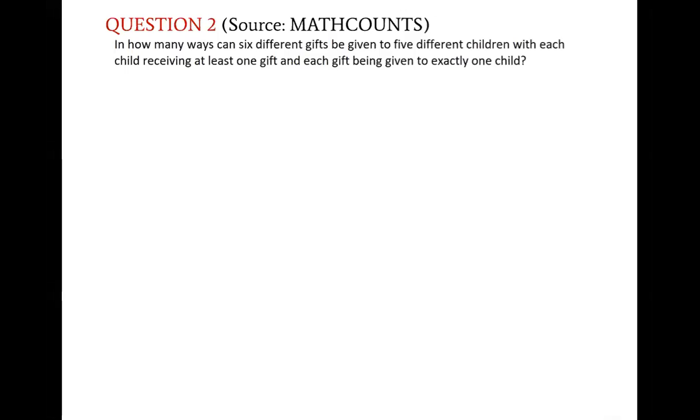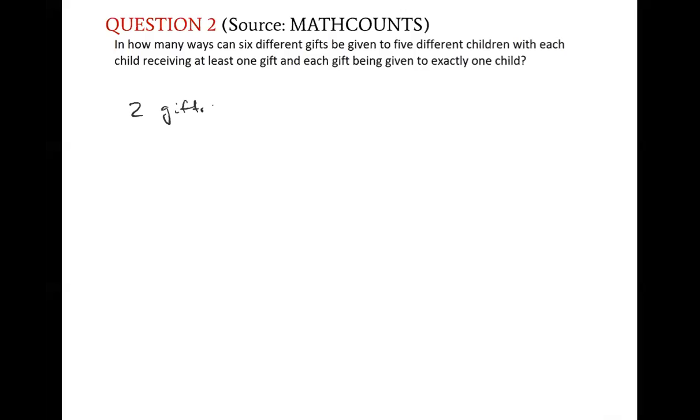Okay, question 2. How many ways can 6 different gifts be given to 5 different children, and each child is getting at least 1 gift? So if each kid gets 1 gift, then that means that only 1 child will have 2 gifts. So for the kid with 2 gifts,